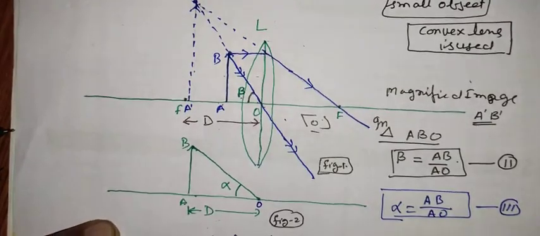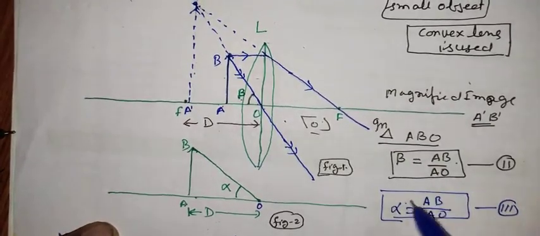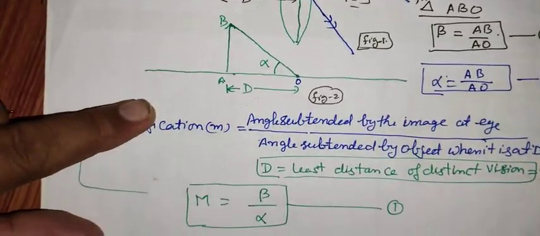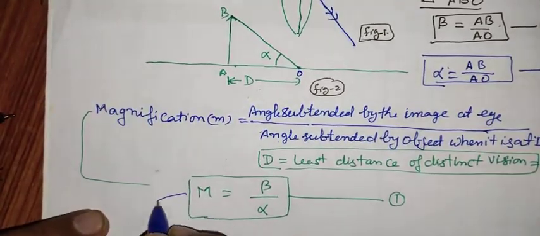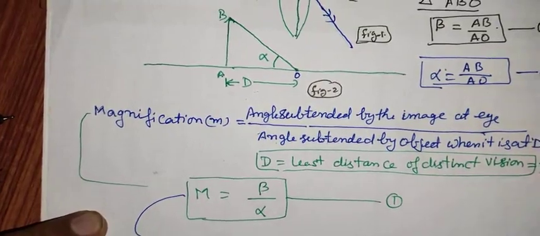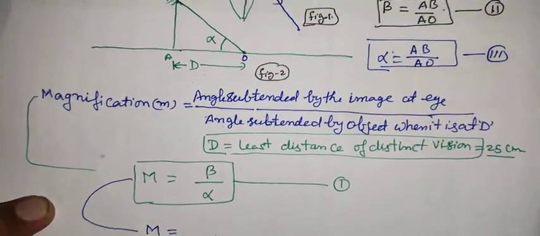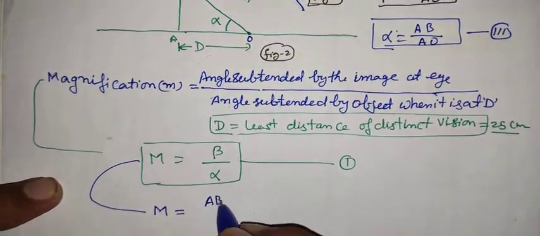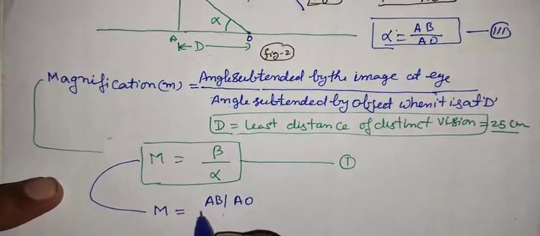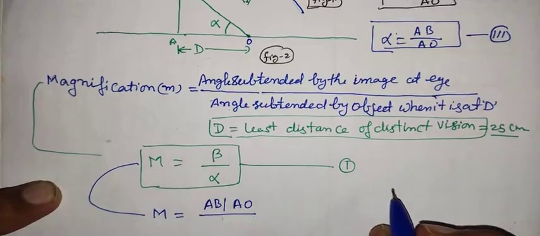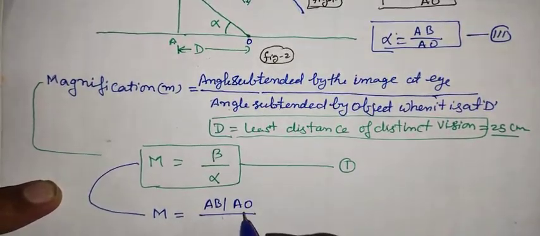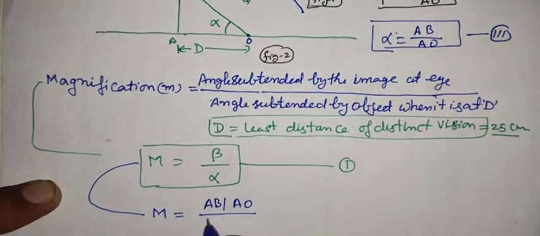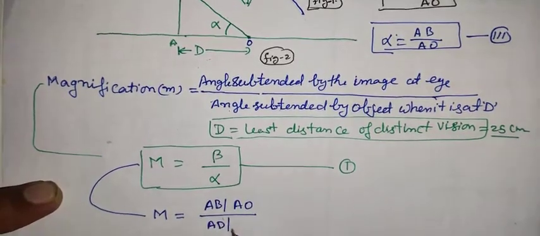Now what will we do? The values of beta and alpha from equations 2 and 3 we will place in equation number 1. In that condition, equation 1 can be written as beta, this beta is AB by AO, upon alpha, which is AB by